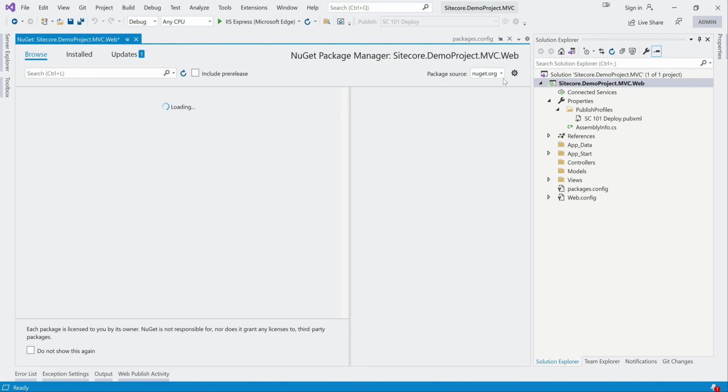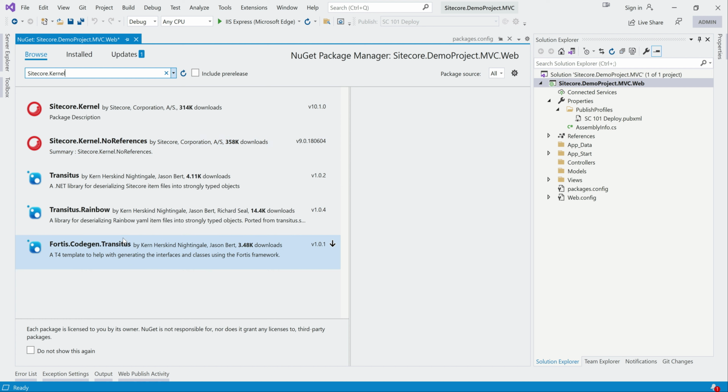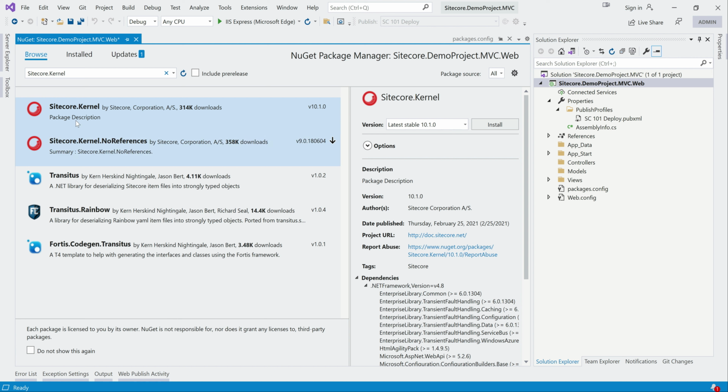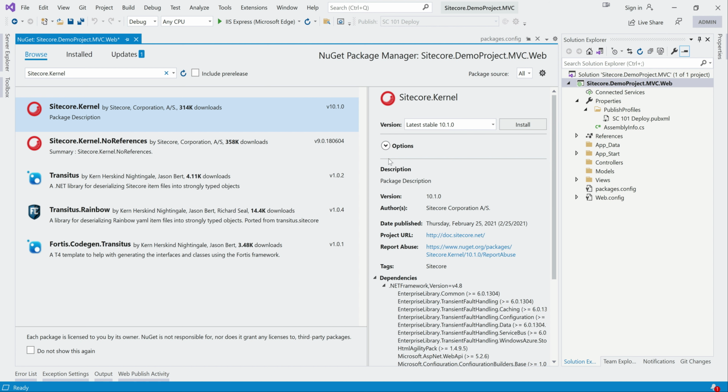Now I can go and check what would be the Sitecore packages. I can go to Sitecore or just put all. I'm going to the main thing. One of the main DLLs is Sitecore.Kernel. Yeah, so you are getting a couple of them. Ignore the no references. It was previously supported, now it's not anymore. 9.0.1, all these things. So you can go to Sitecore kernel. This is the mainly important one. And you notice you can get the versions here itself.